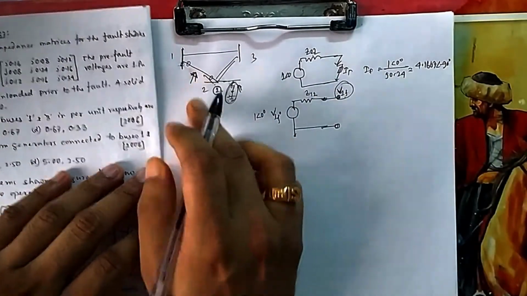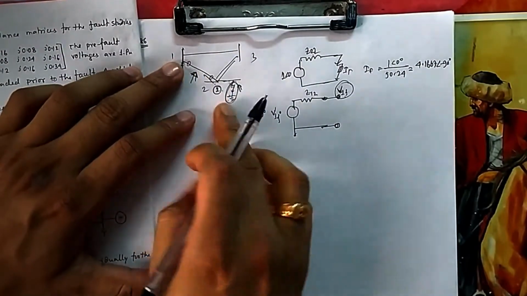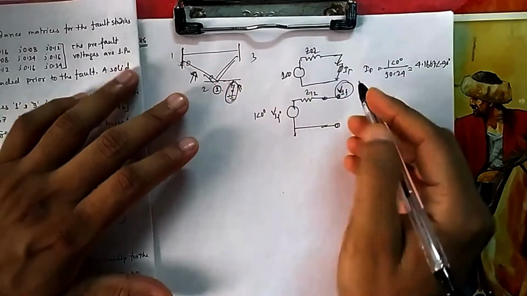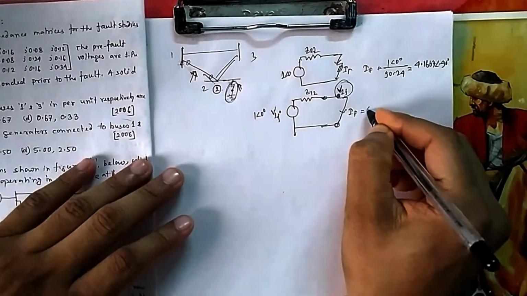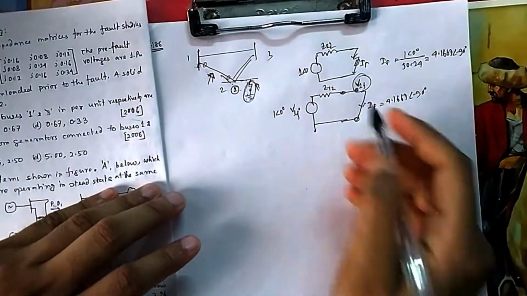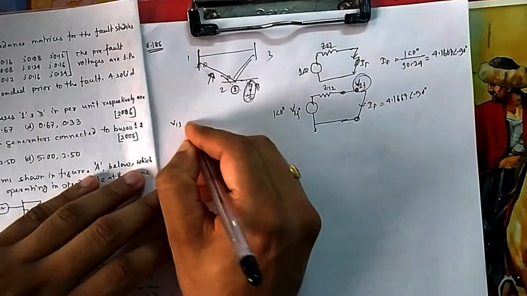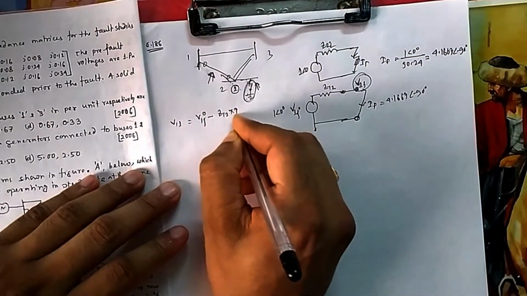Now what is the current? If you connect this, the current will be flowing through this branch. You can think that only this branch is connected, so the entire fault current will be flowing through this. You can think of it this way for remembering only; I am not going into the actual derivation. So what will be V1 after the fault? That is actually V1 pre-fault minus Z12 into I fault, the fault current.